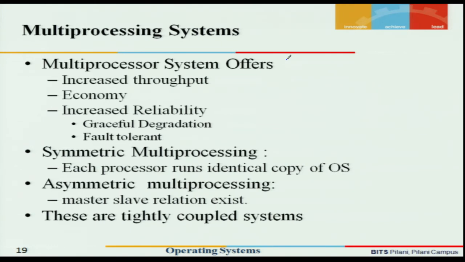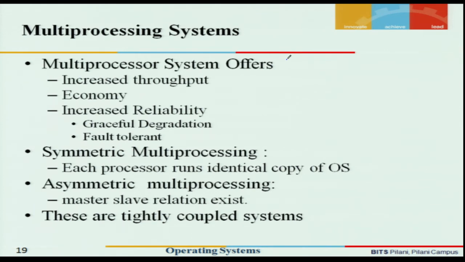So this is one case. Now another case, let us assume that inside the same box, instead of having one microprocessor, we are going to have multiple microprocessors to make it a multiprocessor system. What is the advantage? If we can put n number of processors and execute our program on these n processors, then what is the advantage which we are gaining?